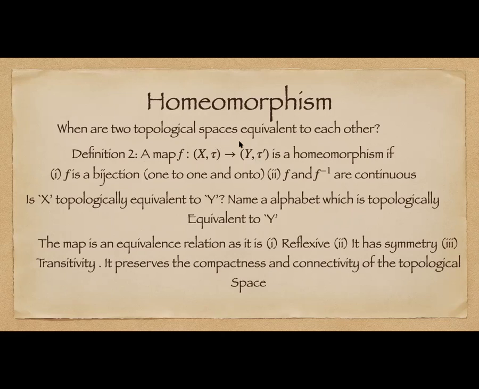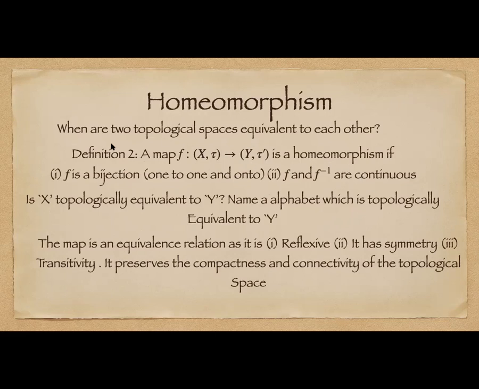and there is no element which is left and that is not being mapped. So there's no extra elements. All elements of X tau are being mapped to elements of Y tau prime. So that is onto. And each element of X tau has a unique image under the mapping in Y tau prime. So it's 1-to-1 and onto, that's known as a bijection. And then this map and its inverse are both continuous.